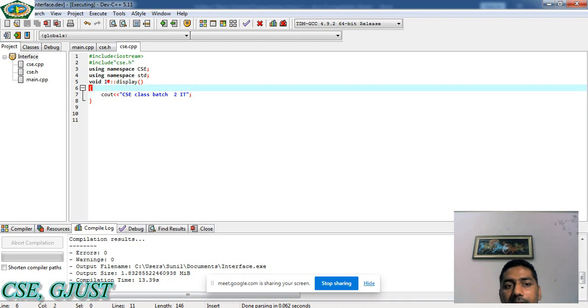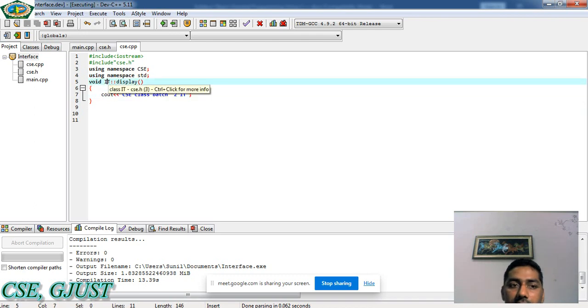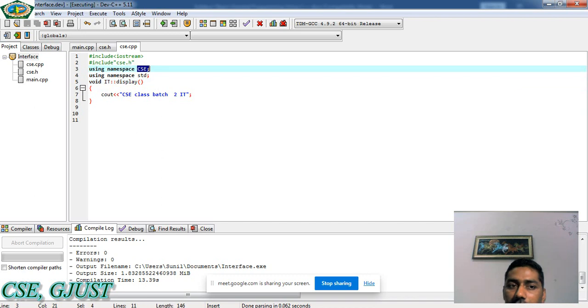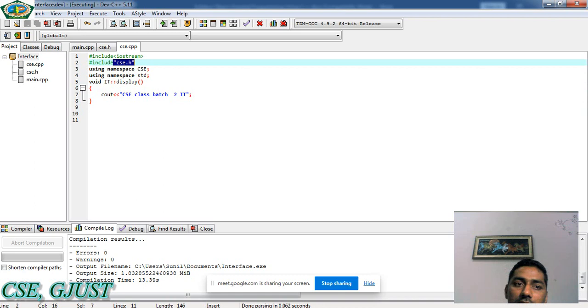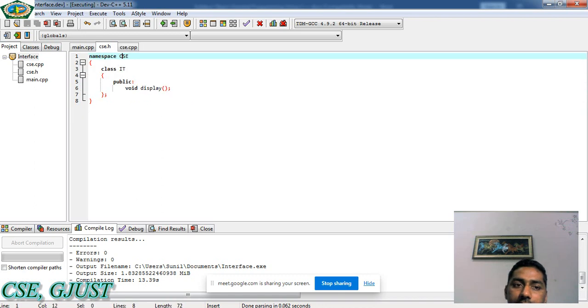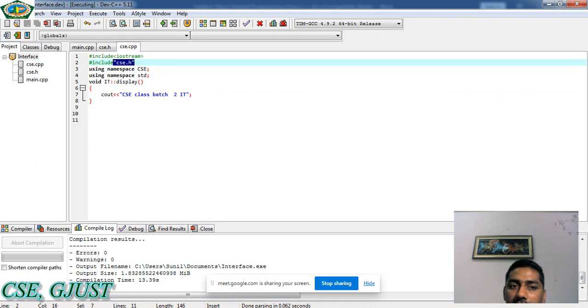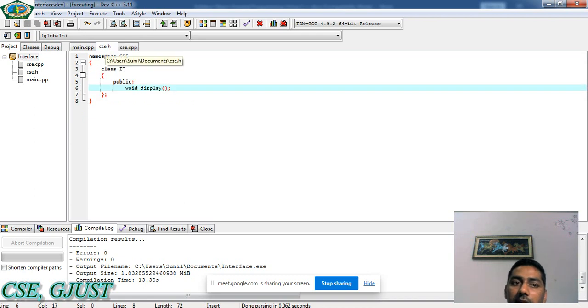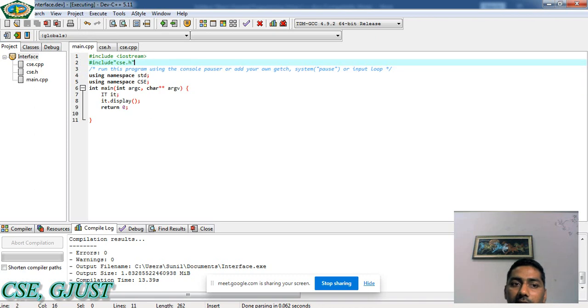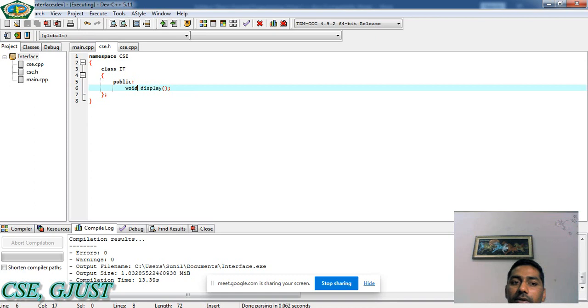Before using this IT class, we are extracting this class from the CSC namespace, and the CSC namespace is available inside this class. So in csc.h, the CSC namespace, this class is defined here. If you are not using this class, then you cannot define the function definition, because our csc.cpp depends on csc.h, and csc.h is taken as a reference for accessing the class name, because the class name is available here.